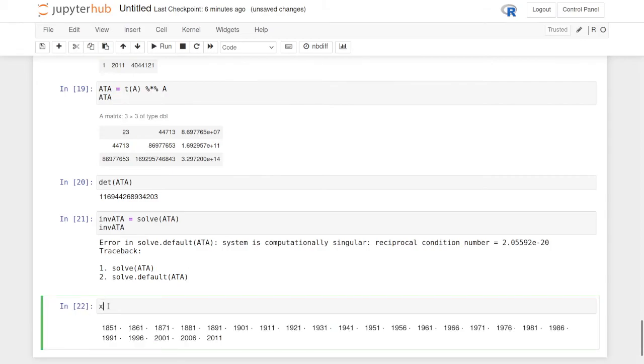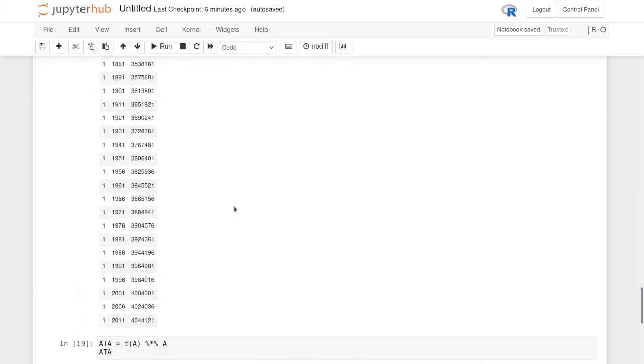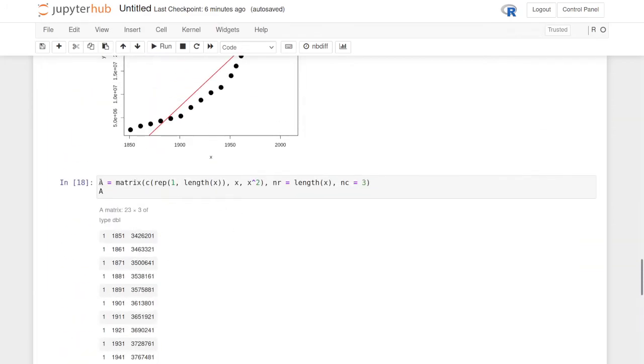Well, what happens if I subtract from x the minimum value in x? Then you see I have these numbers here. And when I create my matrix A, those numbers, when I square them, as we need in the third column of A, are going to be much smaller than when I'm squaring 2010. So let's proceed as we had just done,